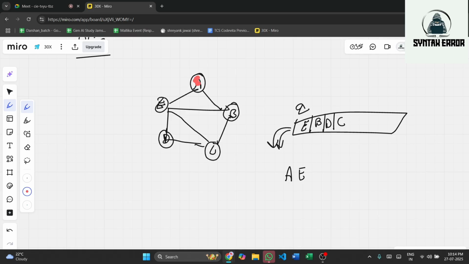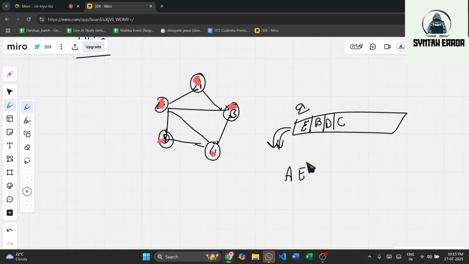Next, what should we do? B is also visited. When we write any node here, we convert it into visited. Basically, we have visited everything.